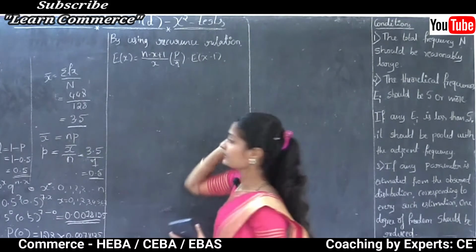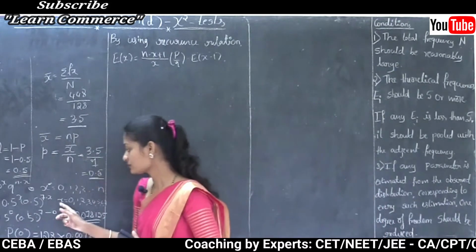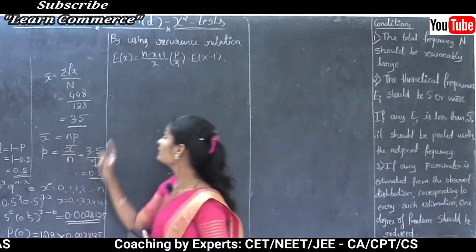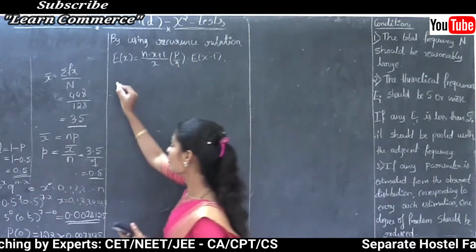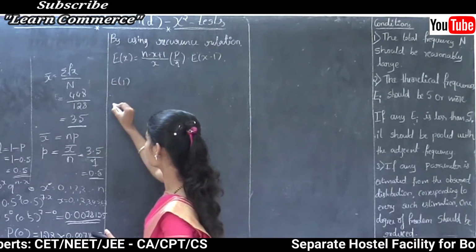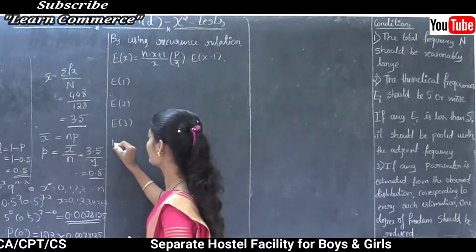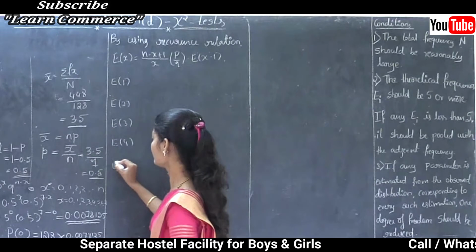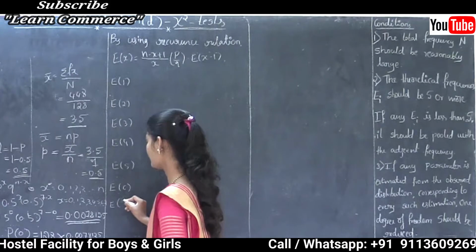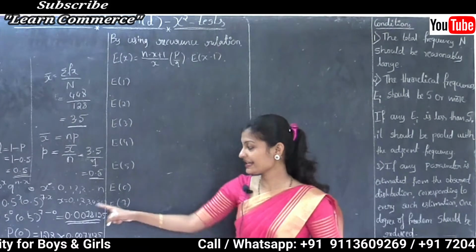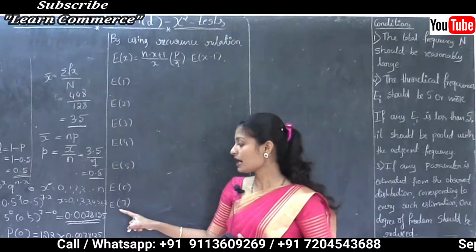Okay, this is the formula to find the recurrence relation. Now here E of 0 is over, so in the place of x, 0 is over. Next we need to find E of 1. Similarly, after that we have to find E of 2, E of 3, E of 4, E of 5, E of 6 and E of 7, because here the x range is 0, 1, 2, 3, 4, 5, 6, 7. Therefore, we need to find up to E of 7.